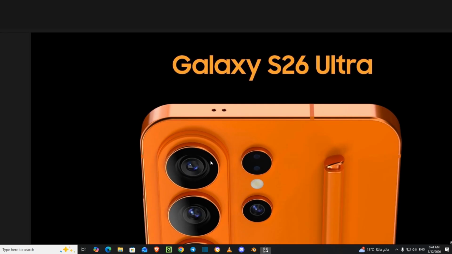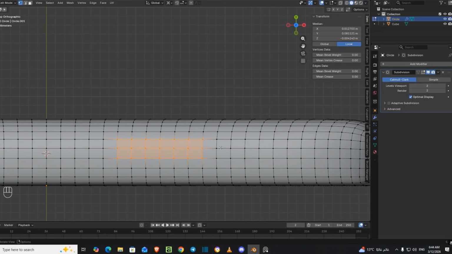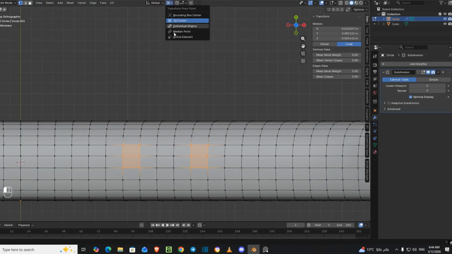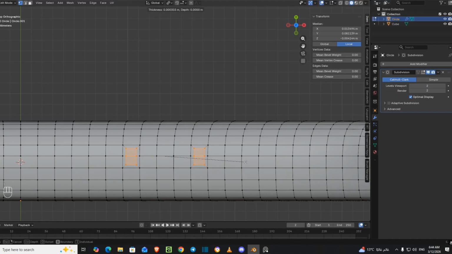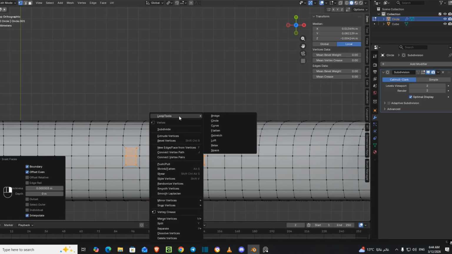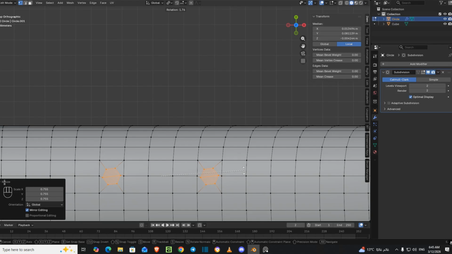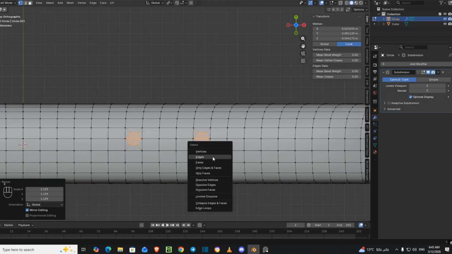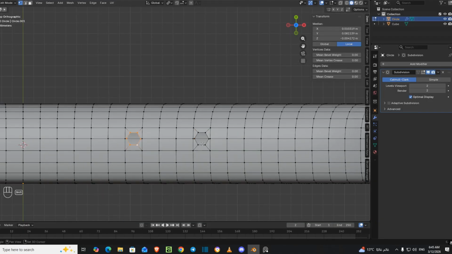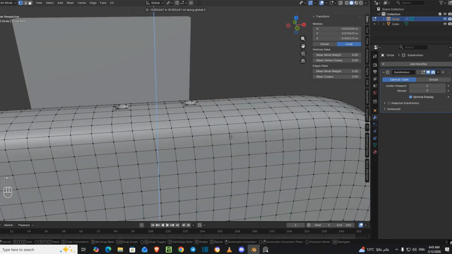Select these parts, deselect these parts. We need to have individual origins, so inset. Now loop tools, circle, scale down, rotate a little bit, move along the y-axis a little bit. Delete faces, select both of them, extrude along the z-axis,